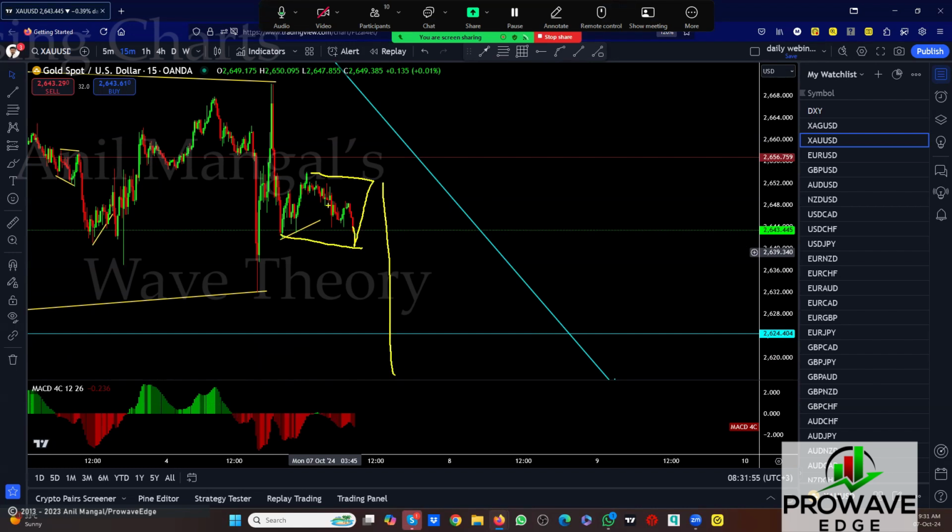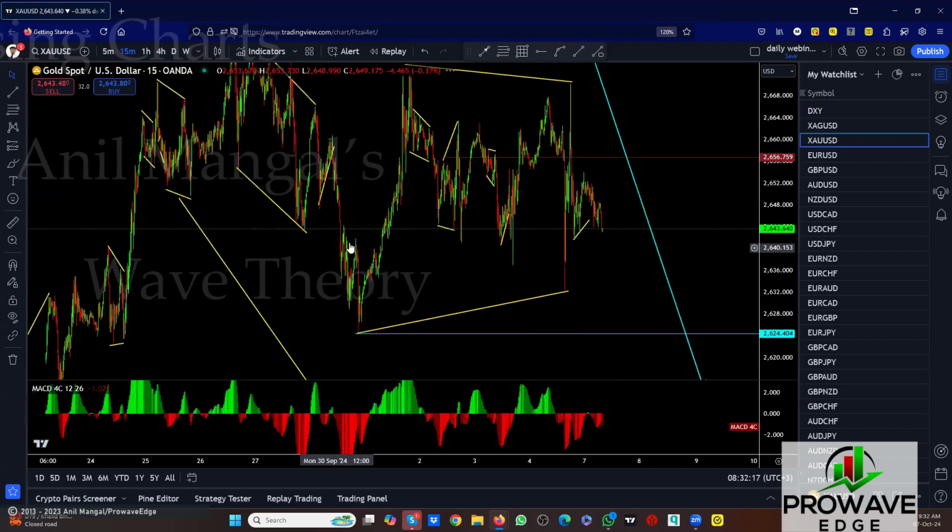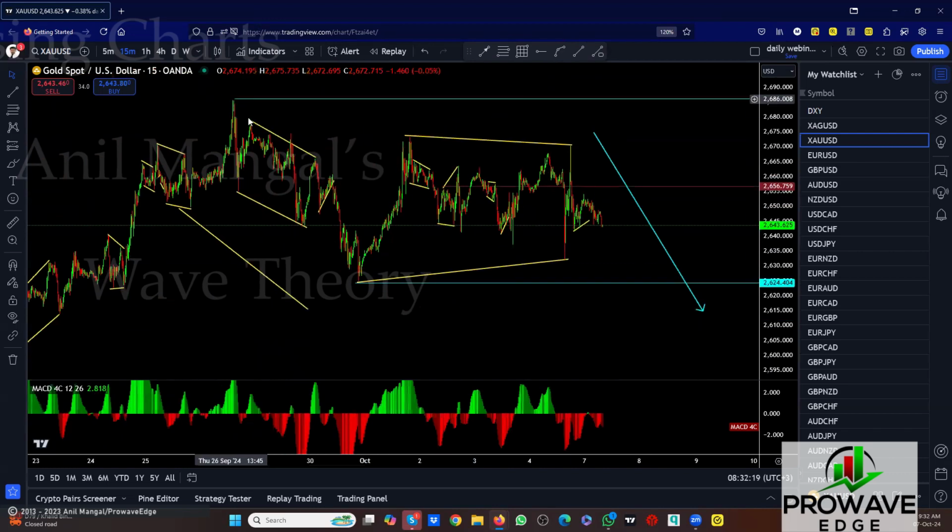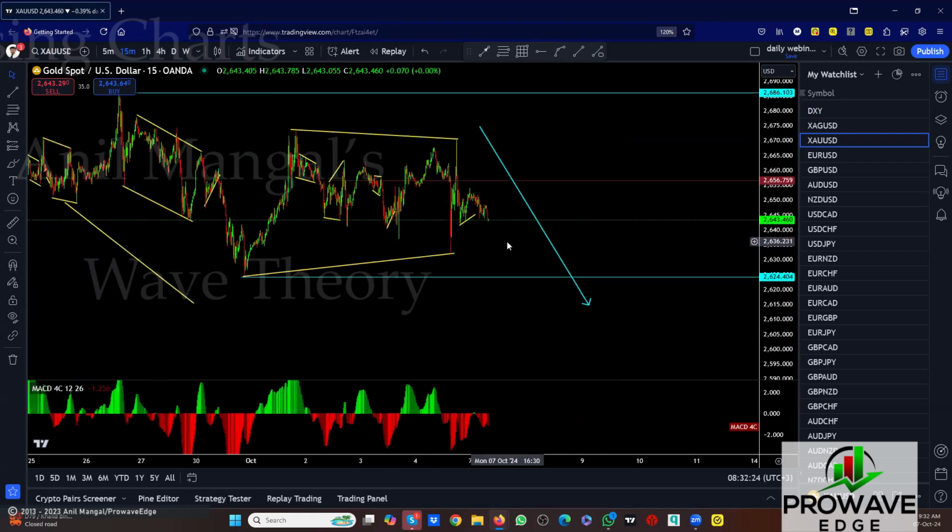I don't know if any of my traders, any of these smaller versions sell. Just get it to positive because there's a good chance this could go back up. So should it go back up there, then we sell. If it breaks here and starts consolidating, we'll sell, right? Because the move to the downside is bigger. But if it's doing this, then there's a good chance it goes back up, make a bigger flat, then come down. So wait for a sell setup.